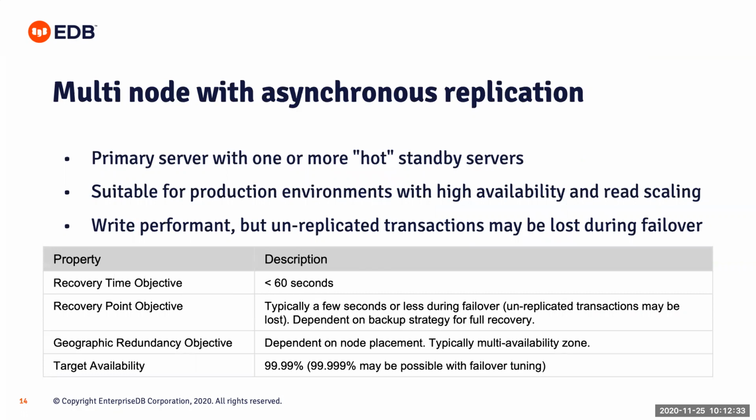Multi-node with asynchronous replication. In this case, you have one primary server and a number of standby servers. Traditionally, these servers are set up as hot standbys, which means that they allow read-only connections into the database. This is very suitable for production environments. It has high availability. You can use the hot standbys as read scale-outs. It is write performant, but you run a risk because